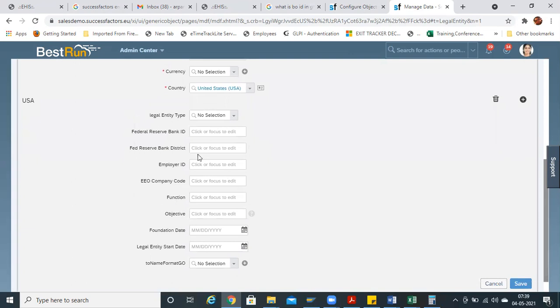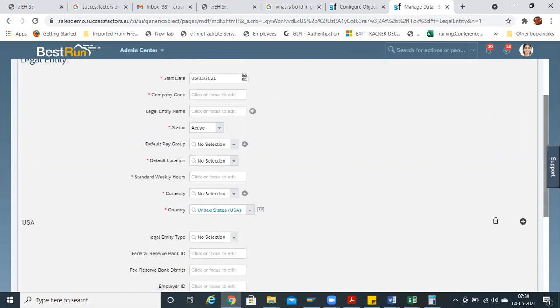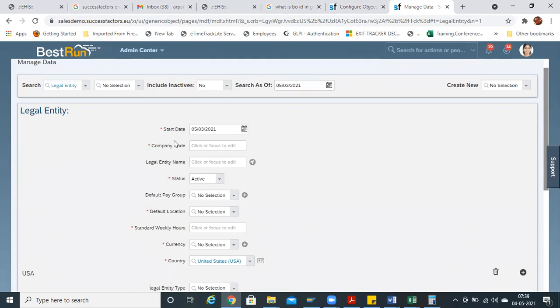Some fields have been added. What are these? These are the country specific corporate data model. Remember it. I have shown you in the previous class also that this is common for all.